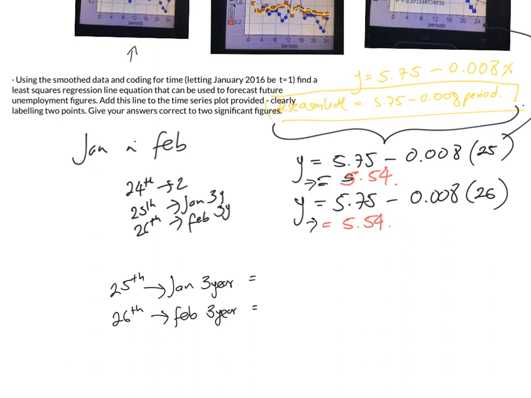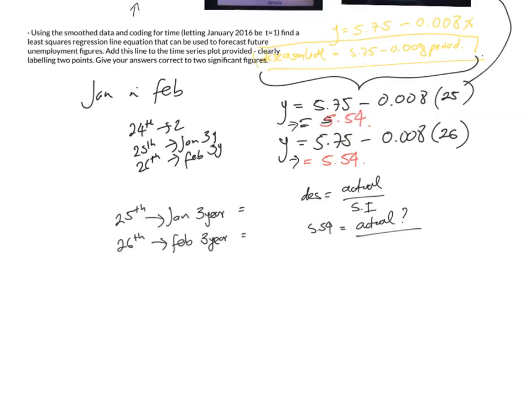So to do that, remember the equation: deseasonalized equals the actual value over the seasonal index. In this case, we know the deseasonalized value, which is 5.54, because it's the one that we just found. What we're trying to find is the actual value, and for the value of the index,